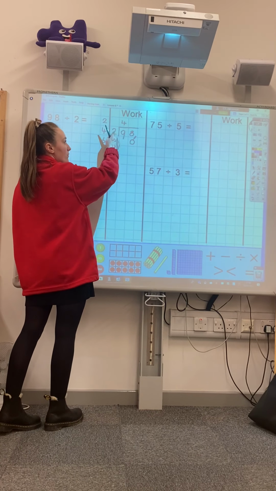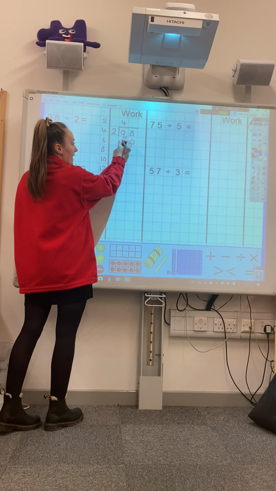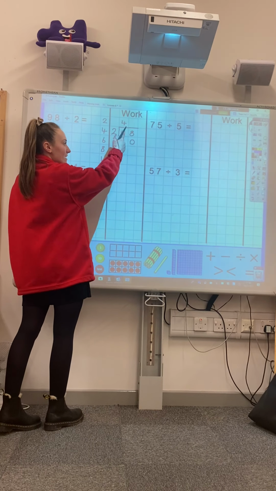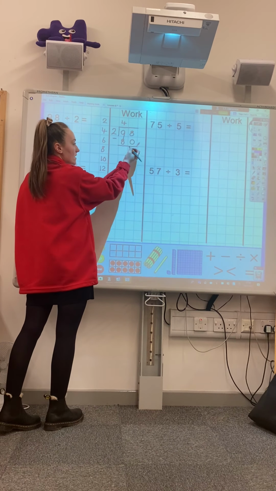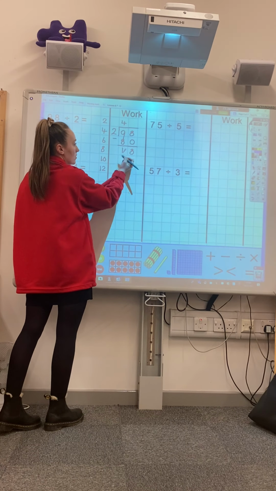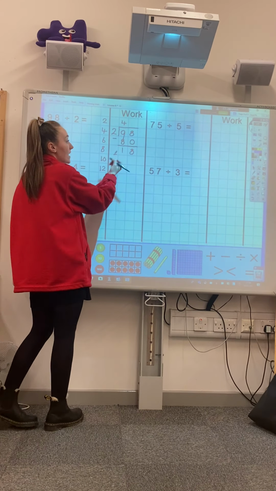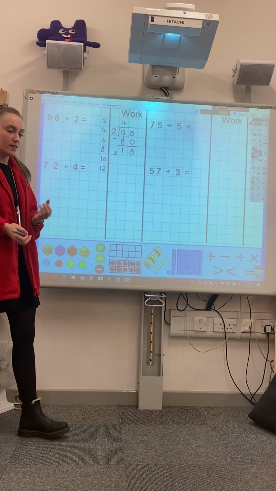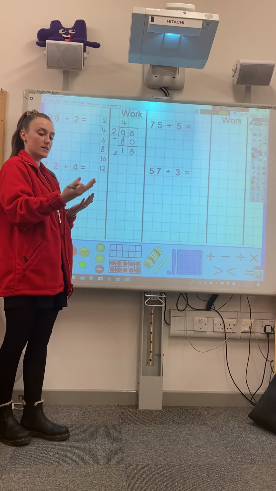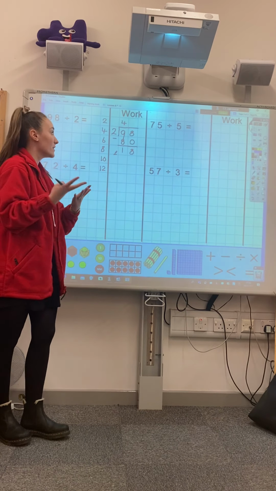So 2 times 4 would be 8. That would give me 80, and then I'm going to subtract these two. So I've got 8 take away 0 is 8, 9 take away 8 is 1, and that leaves me with 18. Then I'm going to see how many 2's go into 18. So I've got 2, 4, 6, 8, 10, 12, 14, 16, 18. That gives me 9 2's,